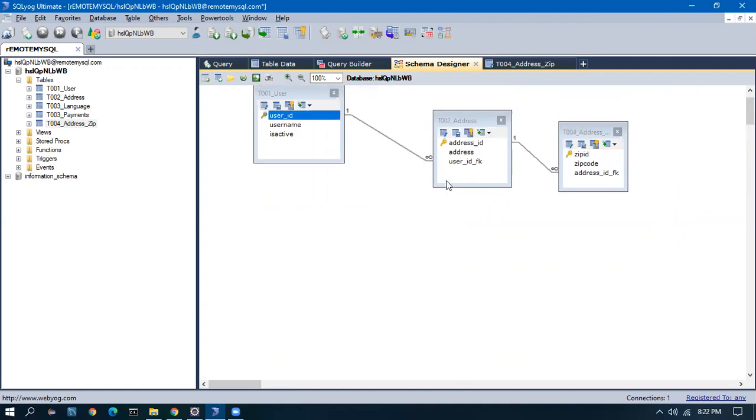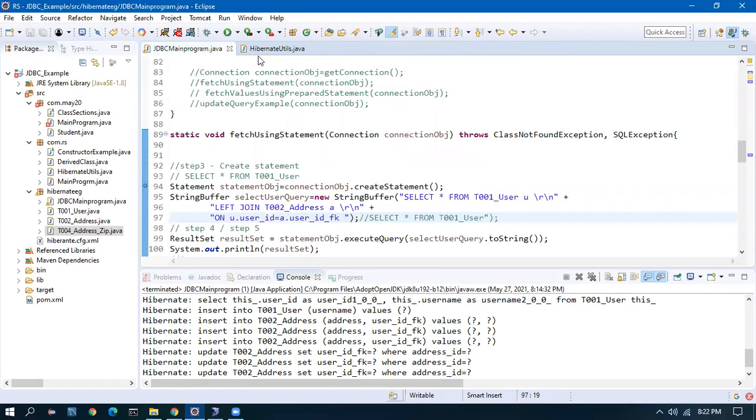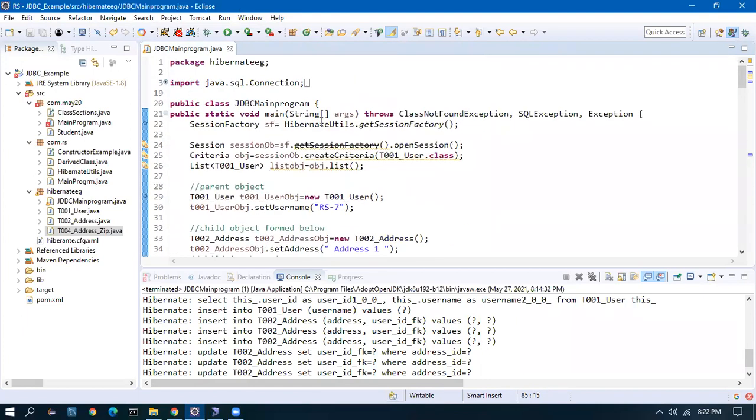Now I will save the user object. It has to save the address object. It has to save the address zip object also automatically. And all the key relationships have to be set perfectly. This ID should be saved here. This ID should be saved here. Correct? Yes. Okay, so for that, let us close all these things now. We'll go to the object.